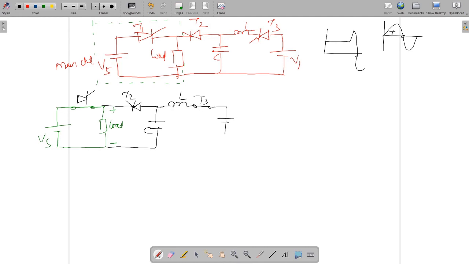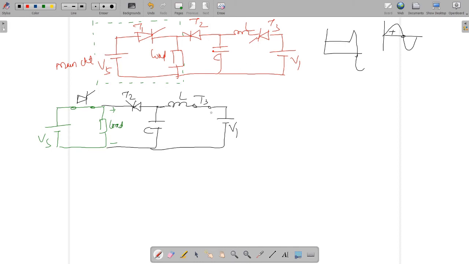So now you are having this voltage V1. Now you can see here, you have already studied the circuit. So when you are having a DC voltage and the inductor and the capacitors are present, you will get the resonating or the oscillating circuit. So now what will happen? Now this voltage will give its energy to the inductor and the capacitor. You know the property of the inductor. The inductor will always oppose any change in the current. Now initially this T3 was off, and you have applied a gate pulse, so T3 will be on.